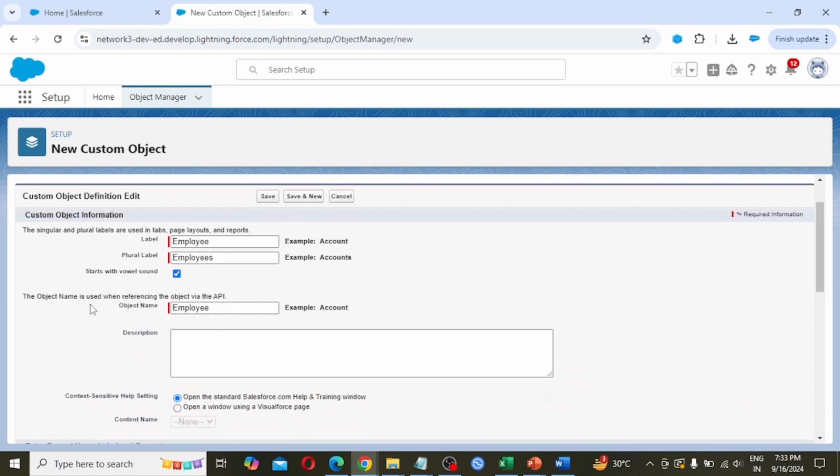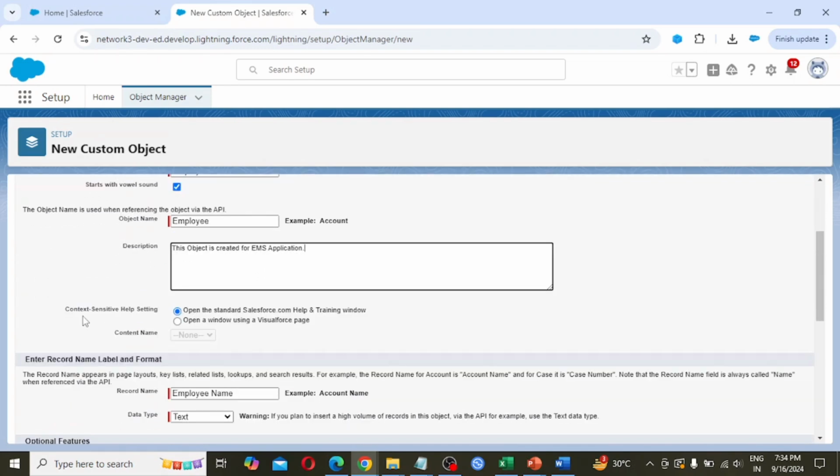The object name is used when referencing the object via the API. So all the customization we are going to perform is by this name only. It is good practice to provide the description. So this object is created for an employee management system application. Context sensitive help setting: open the standard salesforce.com help and training videos.